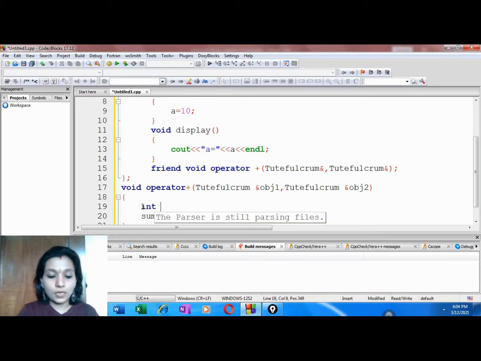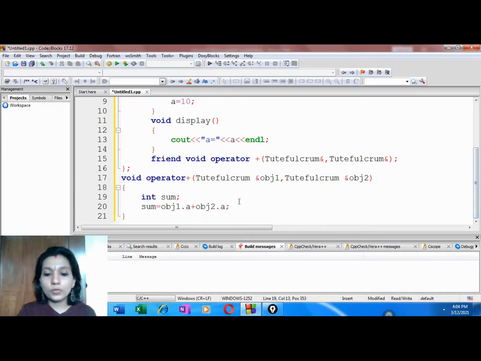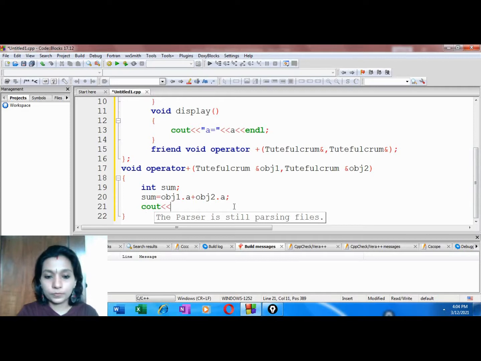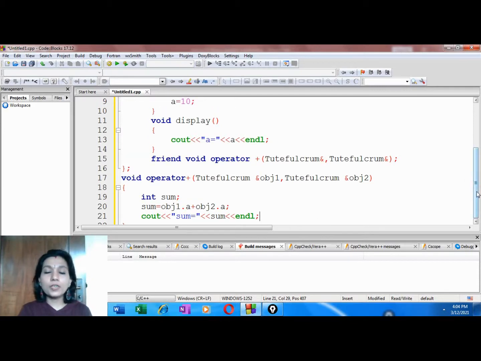Let's say int sum, and let's use a cout statement to display our output. Alright, so we have defined the friend function which is computing the sum.